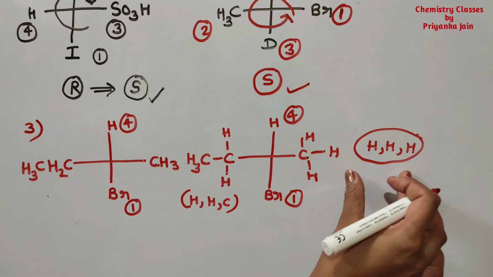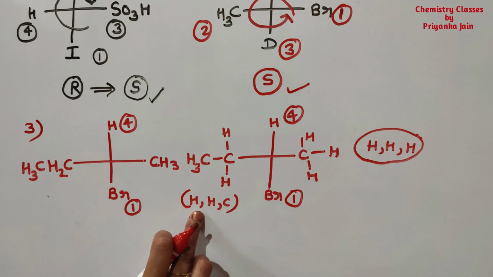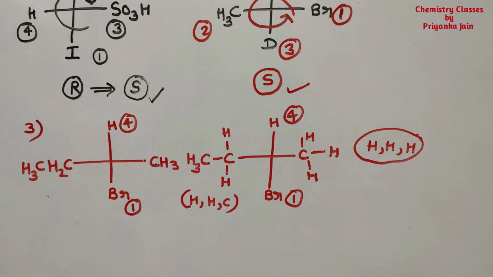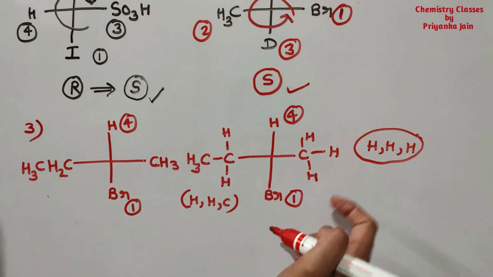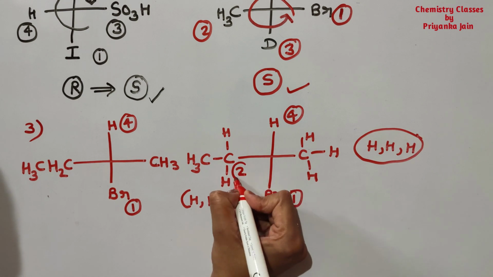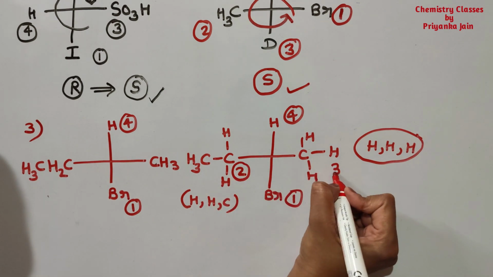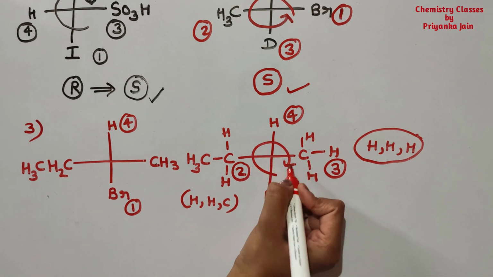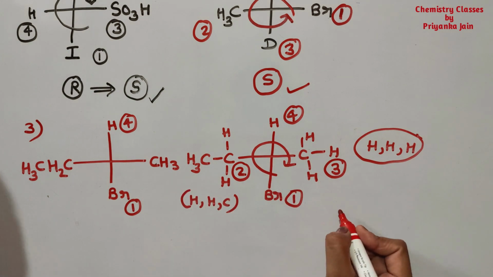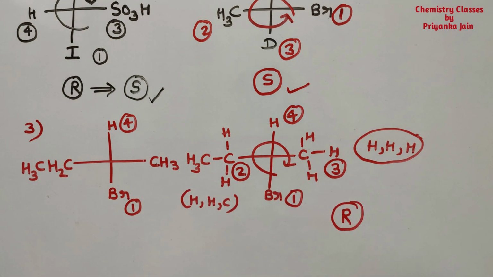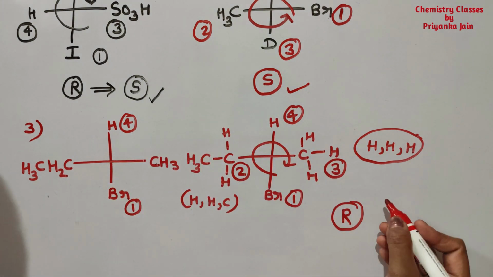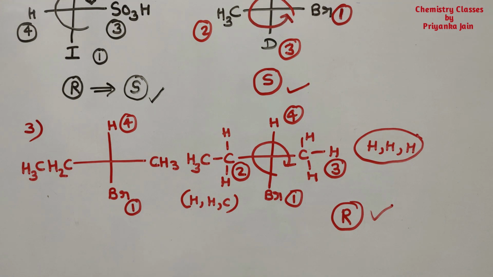Now we have to see here which one will be on the priority. See here, this is the carbon atom and this is 3 hydrogens. These are 2 hydrogens and 1 carbon. It means this will be higher priority as compared to this one, right? So we will give second priority to this group and third priority to this group, okay. So we are going in this manner, 1 2 3, okay. So see here, this is the R configuration, okay. And see here, the fourth priority group is present on the vertical line, so this will remain as it is. It means it is the R configuration.